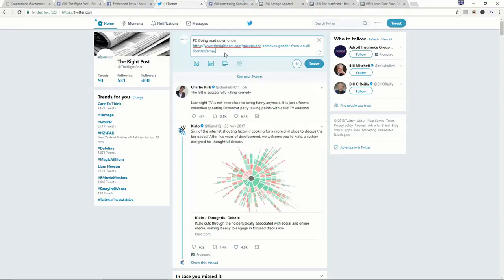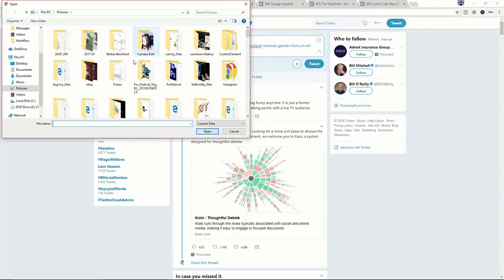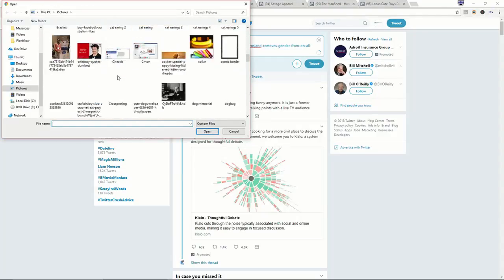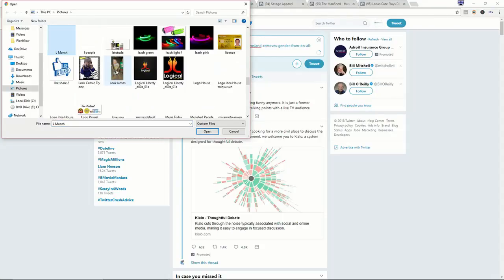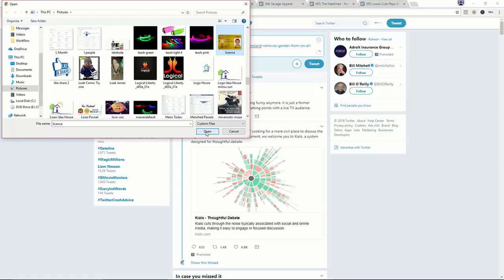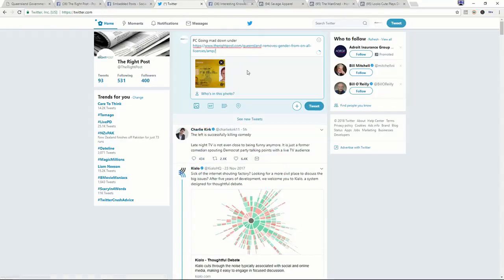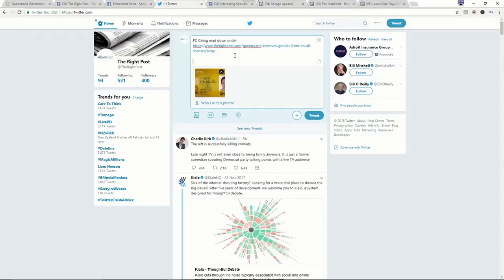And the important thing to think about sometimes is if you can add a photo. That's not a bad way to go. I haven't really done a lot of the posting here, so we should just test it out. We'll just go license, open, and then the important thing with this one is to try and